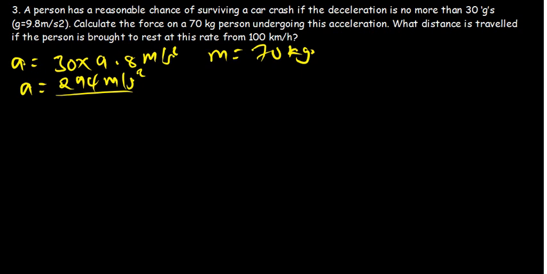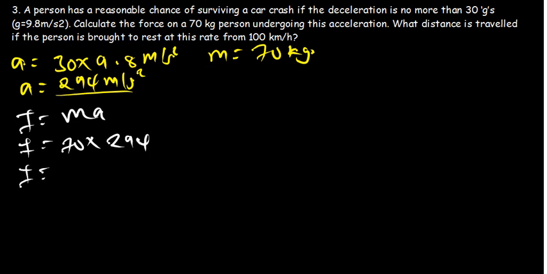We know that force is mass times acceleration. Mass is 70, times acceleration, which is 294. Let me get my calculator. 70 times 294, we should be able to get